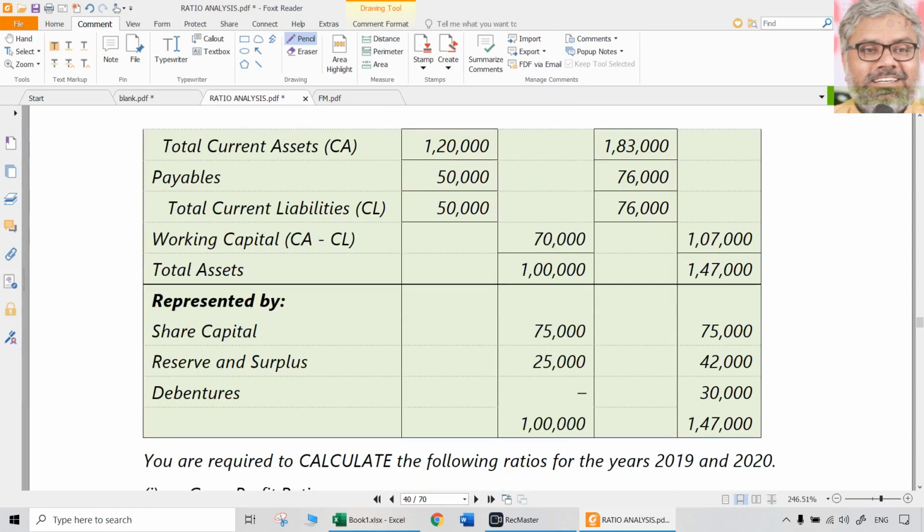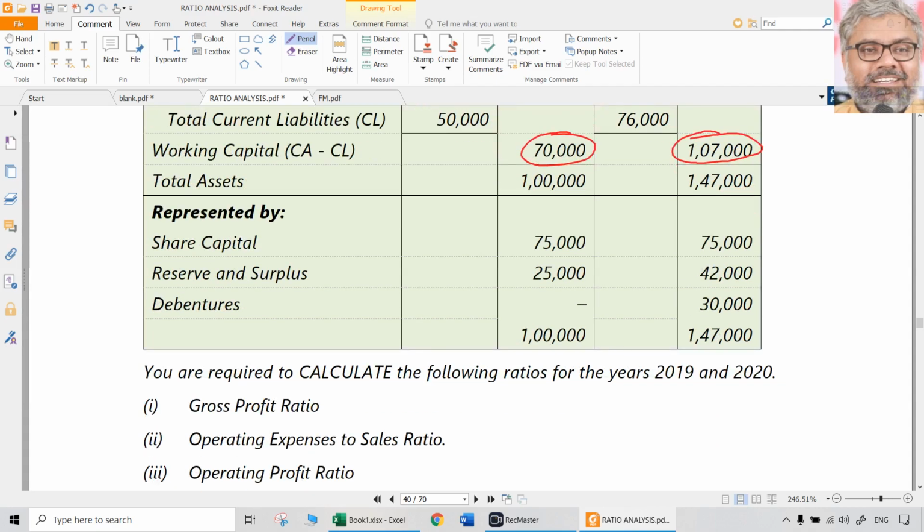So total of current assets is this much. Already it is given, total of current assets. Then payables are reduced from that, you will get working capital automatically, directly. That is also given. Not necessarily every question will be in the same format. Whichever question comes in whichever format, we have to take as it is. That is the mantra. So in this case, it is given working capital also very clearly.